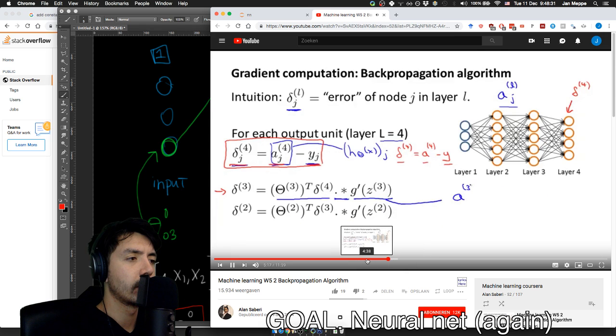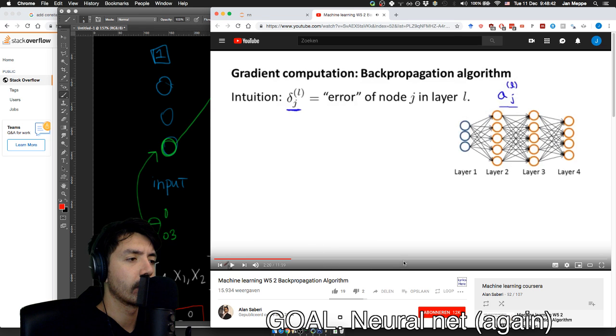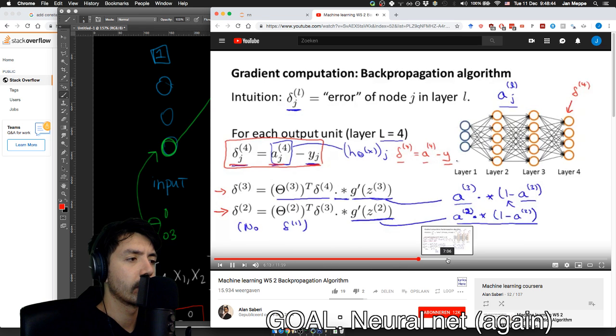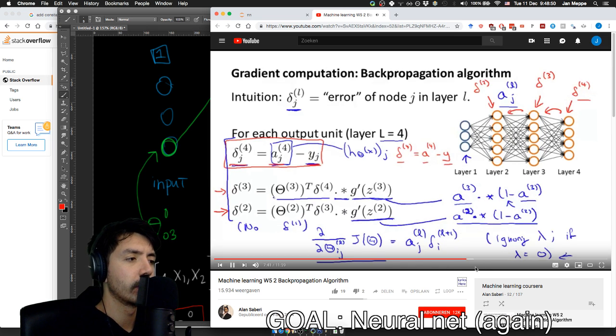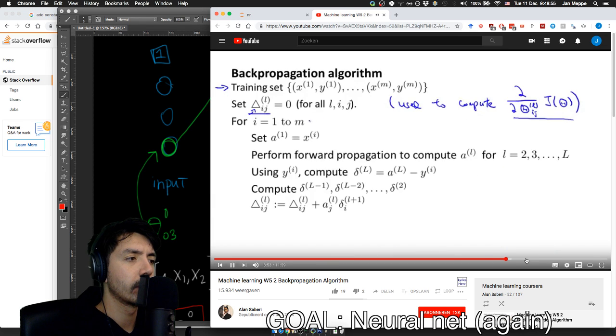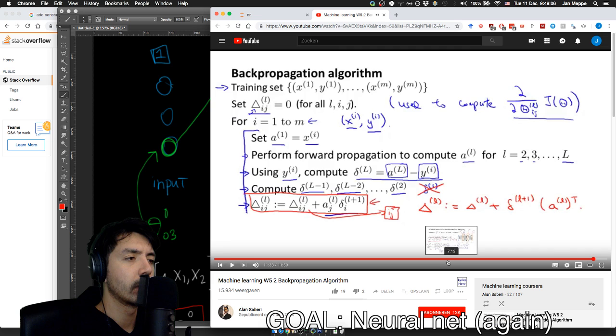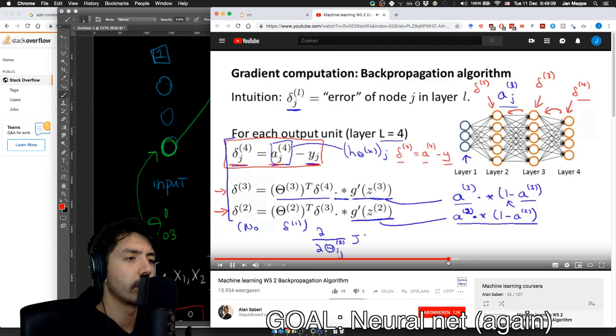But I'll just tell you pragmatically what that means. What you do: delta 3 is equal to theta 3 transpose times delta, times the derivative of the activation. Let's take everything and put it all together. Say for I equals 1, where is the formula to compute the error term delta? If you ignore regularization, then